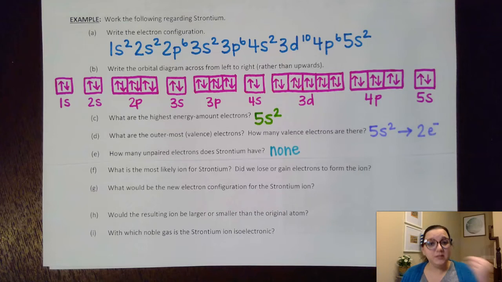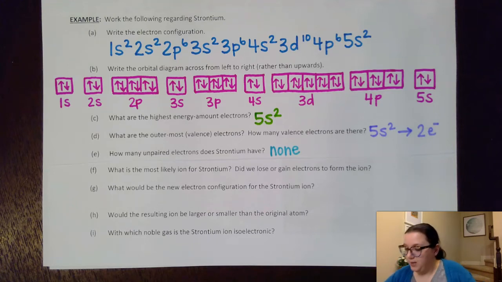So if you really start to familiarize yourself with that pattern, it will definitely help you as you're trying to write these electron configurations and orbital diagrams. Now, the rest of the questions on both of these two examples referenced what happens when things become ions. So what I want to do is go ahead and look at what you see on the next page